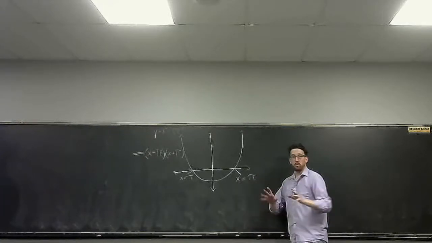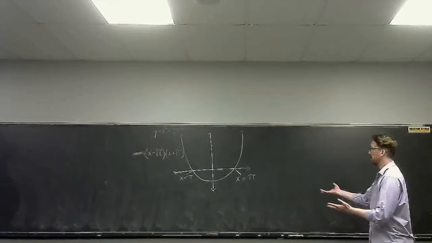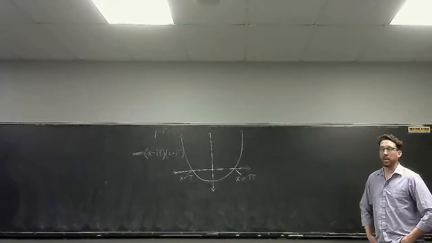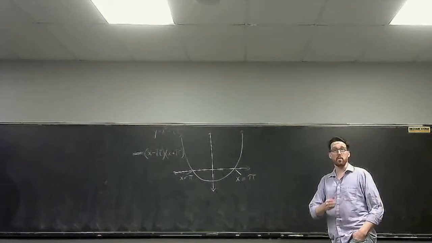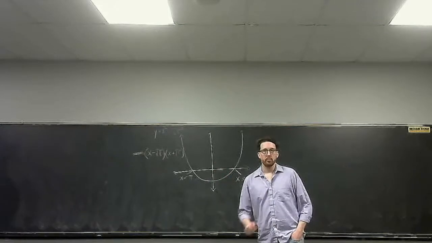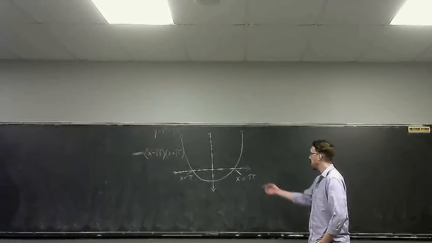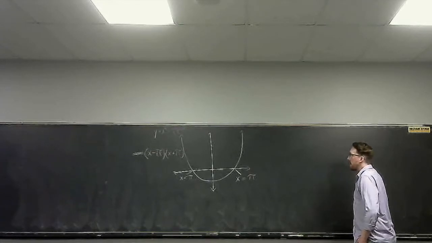But let's assume we didn't know we could factor it. Let's assume we had no idea that we could do that. Maybe our number is something a little more esoteric. Maybe it's a prime number. So it's x minus 17. Then we wouldn't know where that root is. I mean, we could work it out and probably figure it out. But for right now,